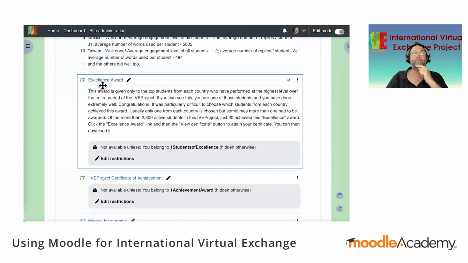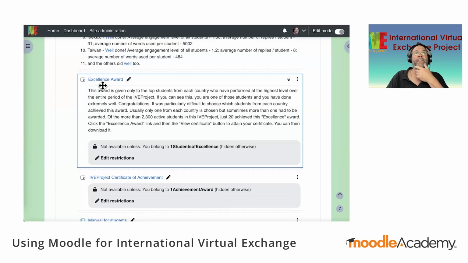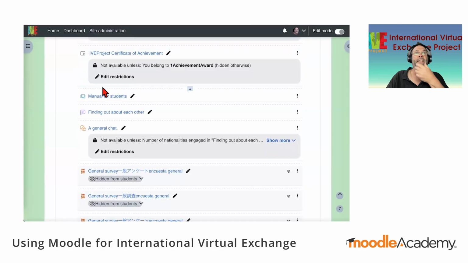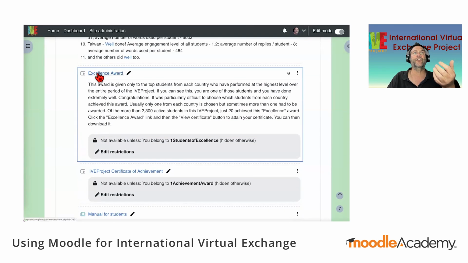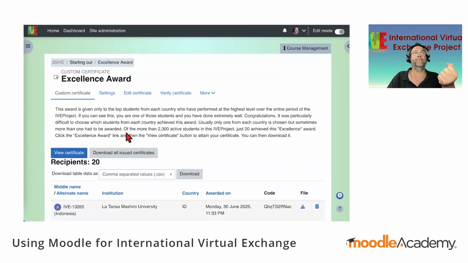We also have these certificates. And this is an add-on that we're using that someone, I forget who it was, but a shout out and an enormous gratitude to the people who created that add-on module, certificate module. It's brilliant. We love it. The students can, if they have met the criteria, get those certificates. And I might just actually show you how we've set that up.